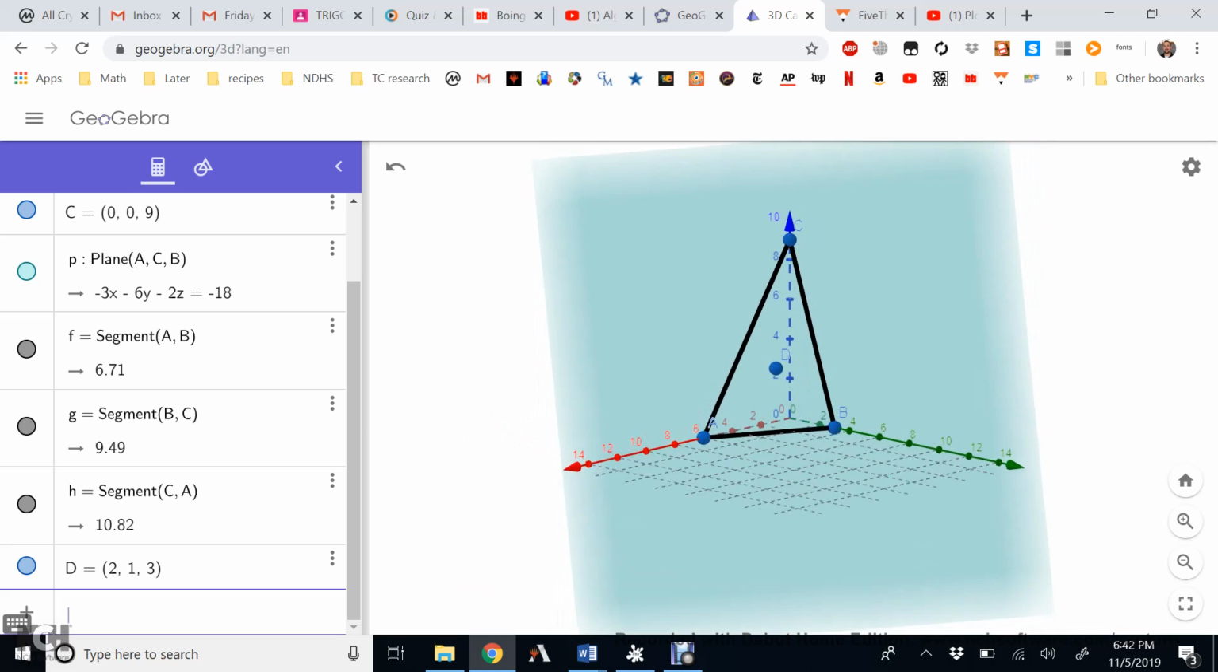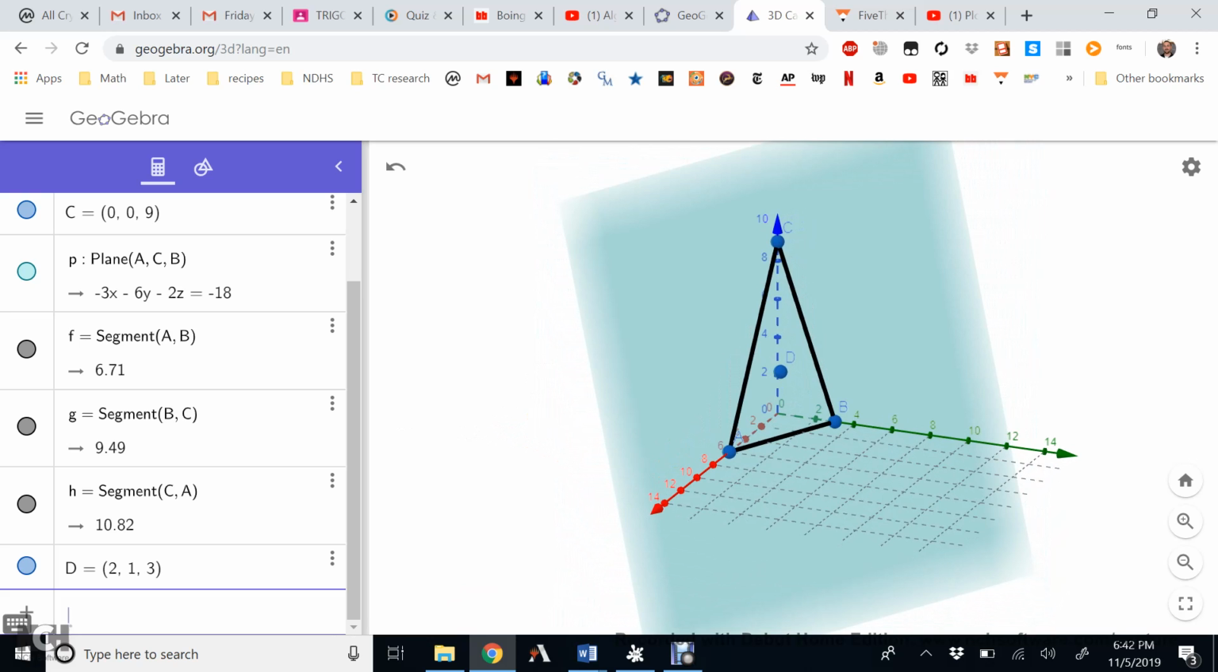And that's it. Now, if you don't like having the plane shown right now,